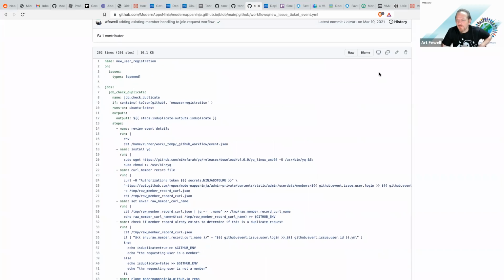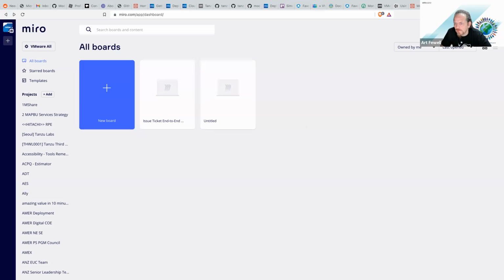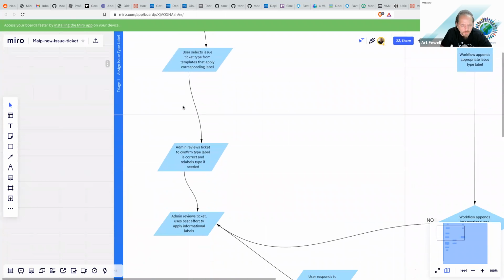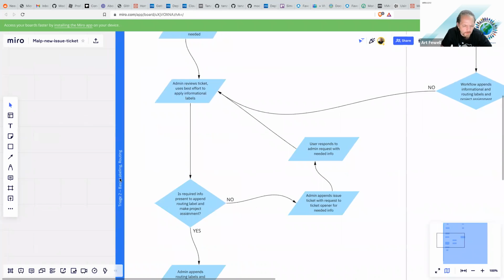Okay, so let's go back to our Miro board. The one here. So user selects issue ticket. And then we're not going to actually go through basic labeling routing. In this case, we're going to say case. And we'll just do like a key value pair for,